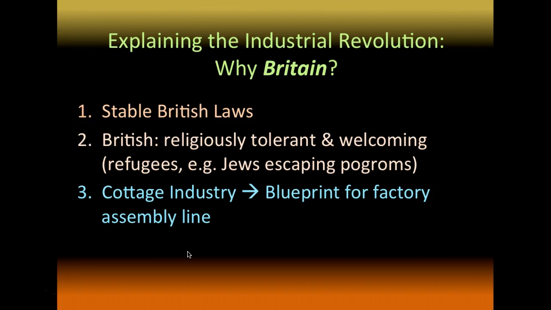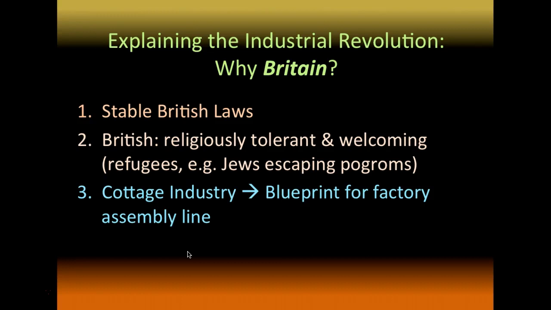So say we're going to make a shoe. The first house would cut the soles of the shoe, and then the second house would take the soles and punch holes in them, and the third house would sew the sole to other parts of leather to help create the form of the shoe, etc. So we would take maybe 10 houses to create one product, and each cottage would be paid by piece. So you cut one sole of a shoe and you get paid a tenth of a penny or whatever it is at the time. And eventually you end up with a full product down the line.